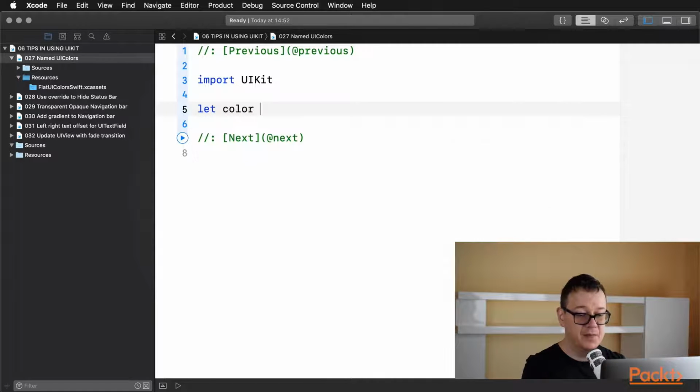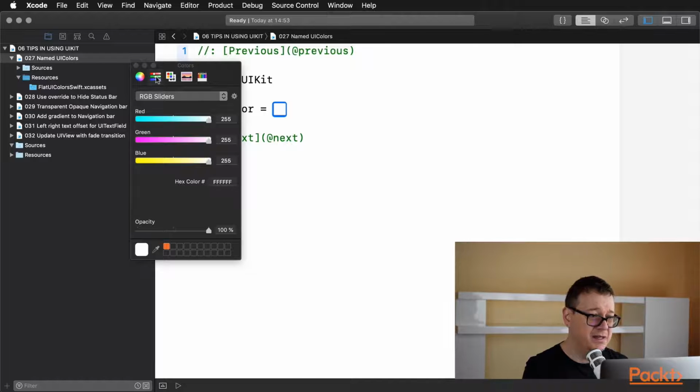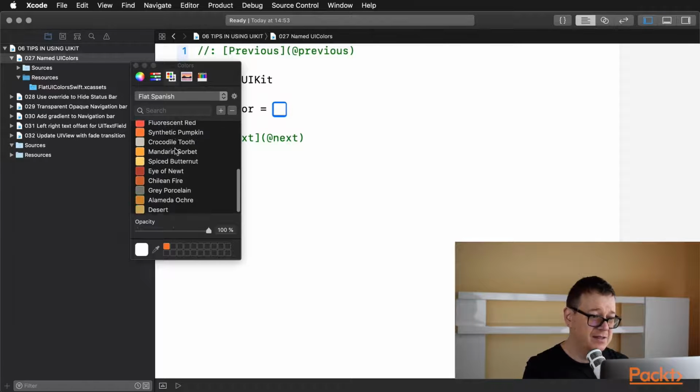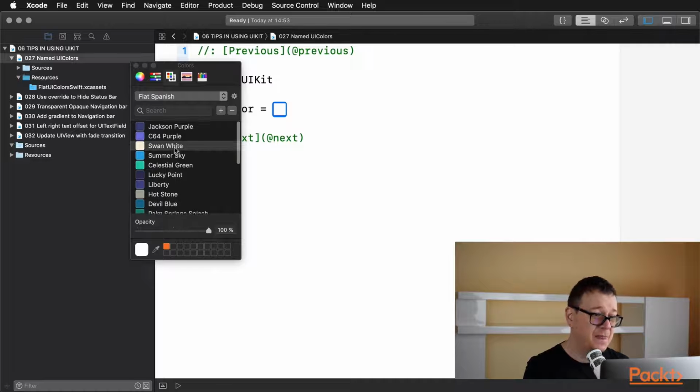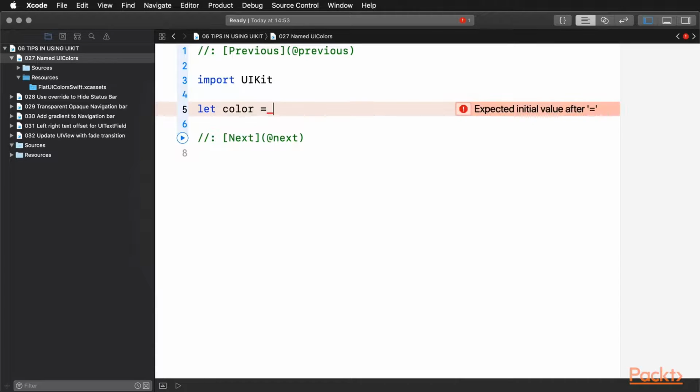Let color equals, and now I want to add here. So first thing how you could access this is type in color literal, and this will give you a white color. But if you double click on it, you can choose from the predefined or recently used colors, or you could just simply tap on other and you get these options where you can select your colors. But this is a really cumbersome way of finding it, so let's delete this and hit Shift Command M, and